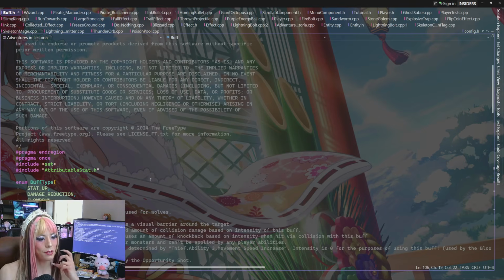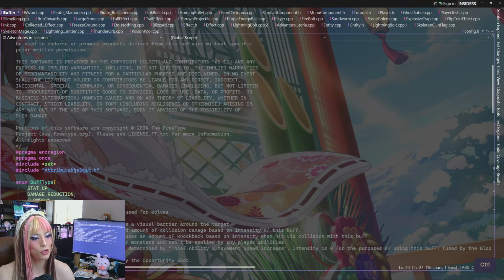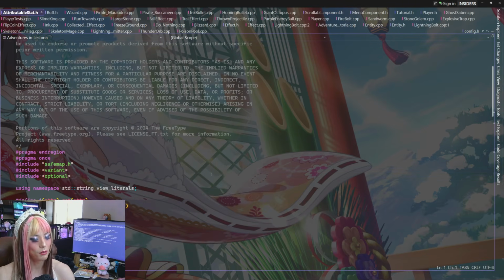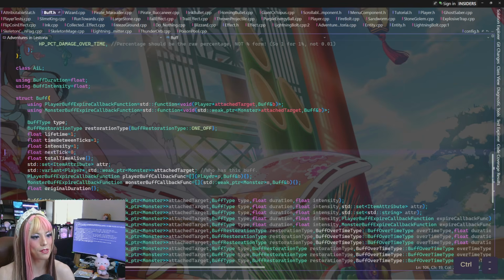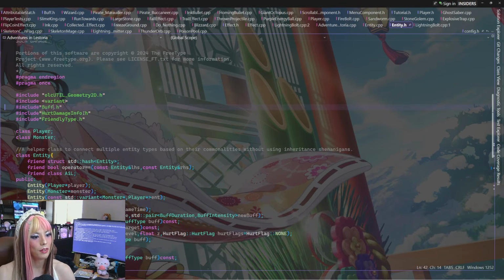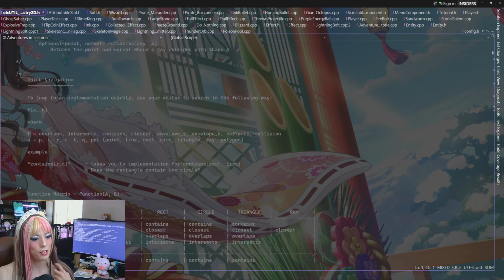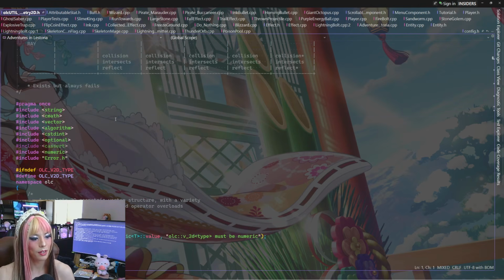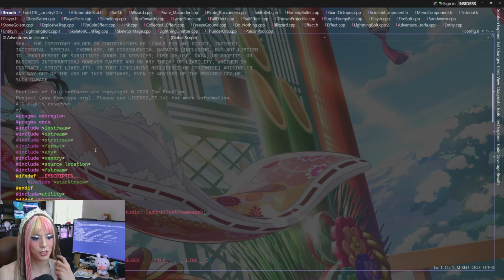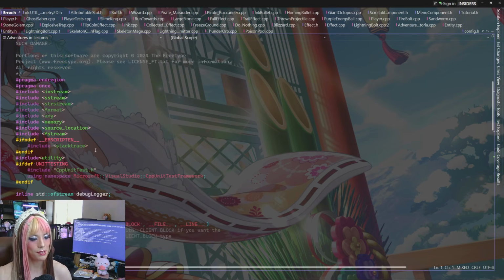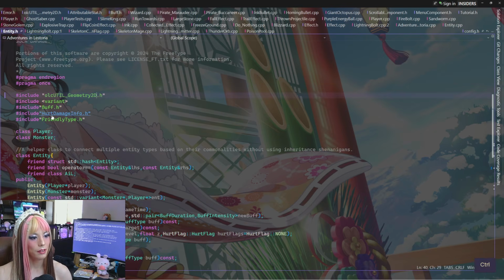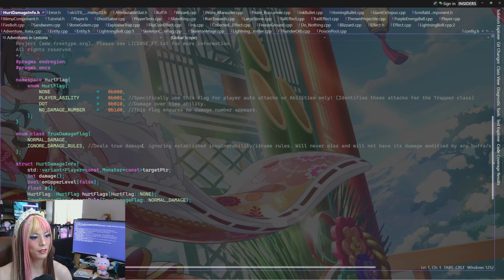Let's see. So buff uses attributable stat, which only requires safe map, so that's good. Hurt damage info. Okay, hold on. Let me look at this. I don't think this requires anything. It shouldn't require anything other than standard stuff. It does include error.h, which only includes standard library. Hurt damage info.